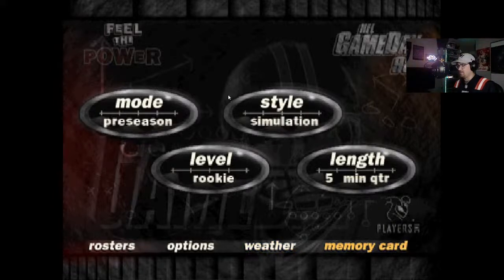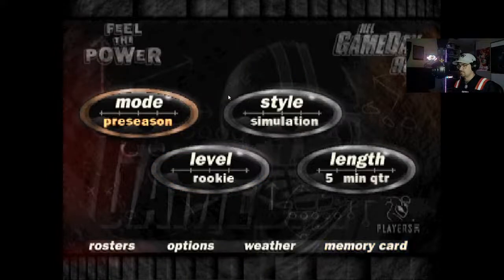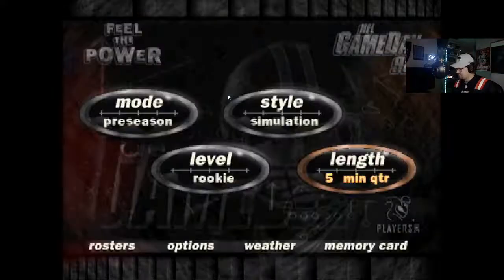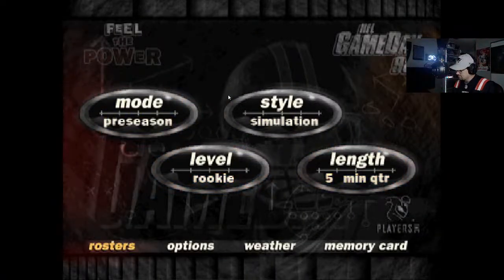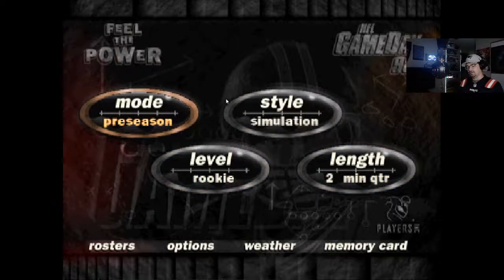Alright, we got a memory card option here. We're gonna go with the very short quarter here. We'll go with 2-minute quarters just because I want to get it in there.